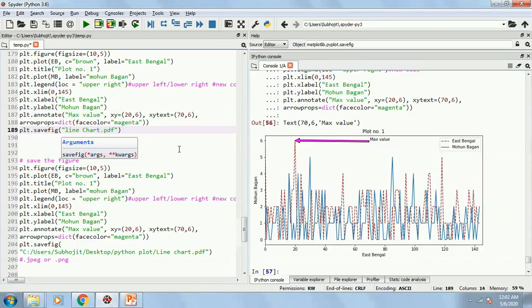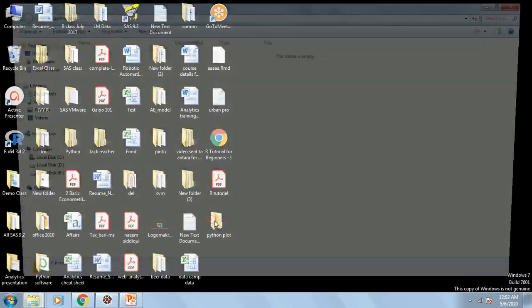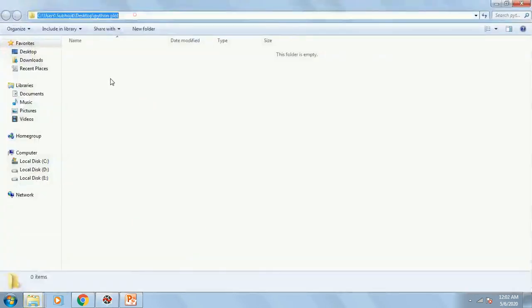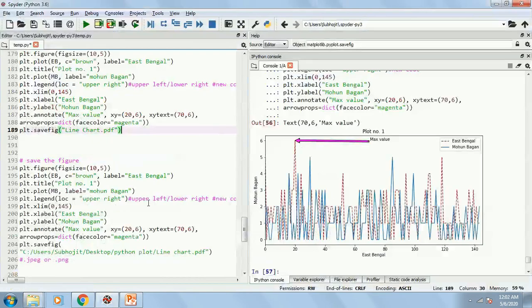Okay, if I do not write anything else, then it will be saved in the default folder, that is where your Python has been installed. But we don't want that. We would like to create a path where I want it to be saved. I want to save it in this folder, so I will copy the path and put it beside this one.